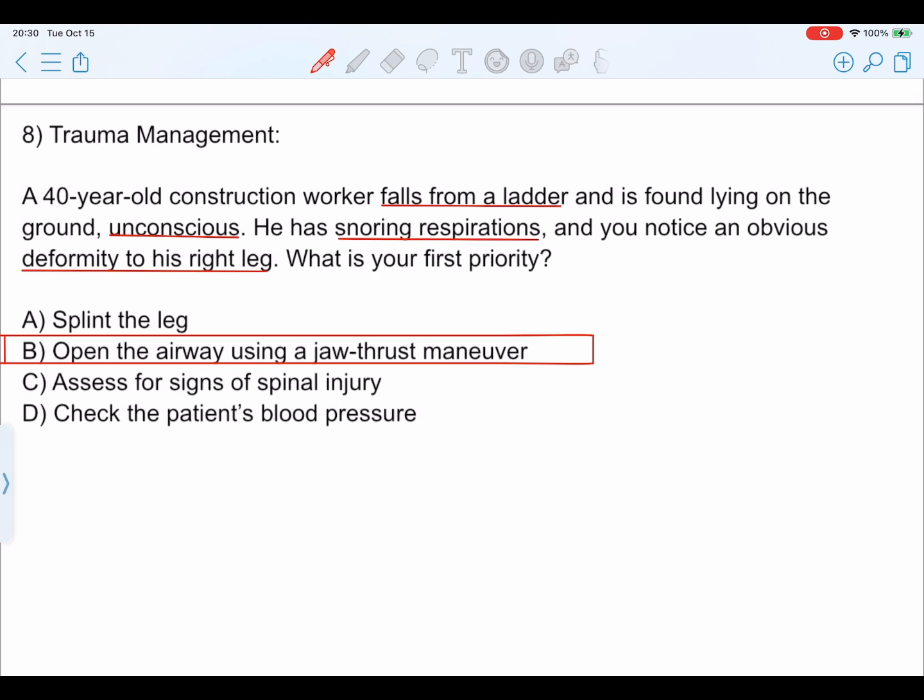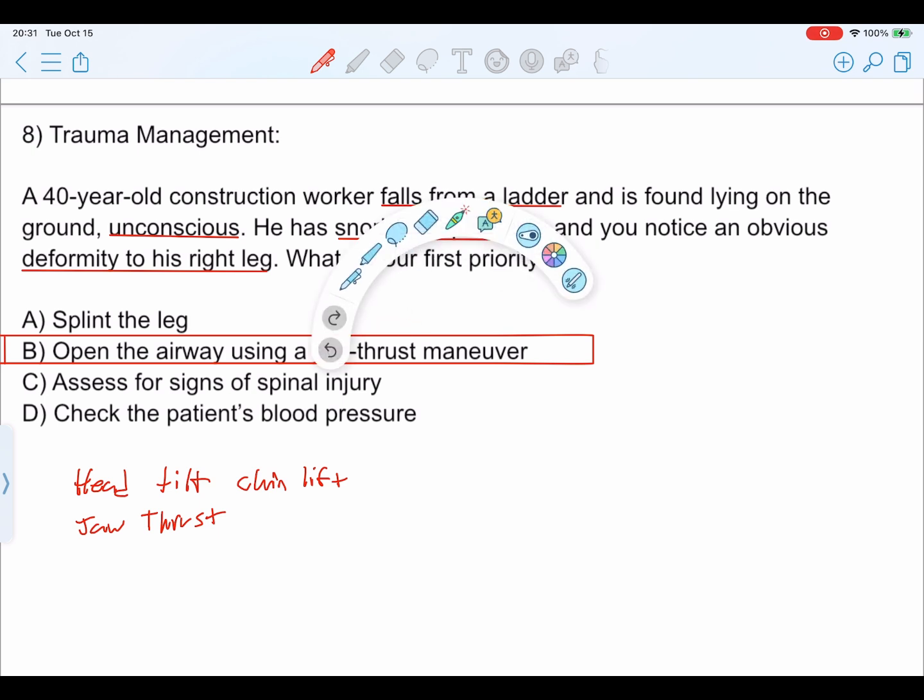He's got snoring respirations. That's an upper airway obstruction. Typically speaking, that's going to be when your tongue is covering the airway. You get that kind of respiration, snoring sound. We need to fix that. Now, there are two ways to fix it. There's the good old-fashioned head tilt, chin lift, and then there's the one that is shown in answer B, jaw